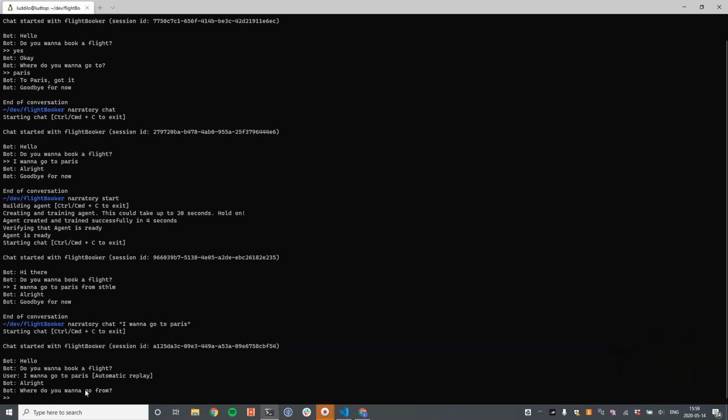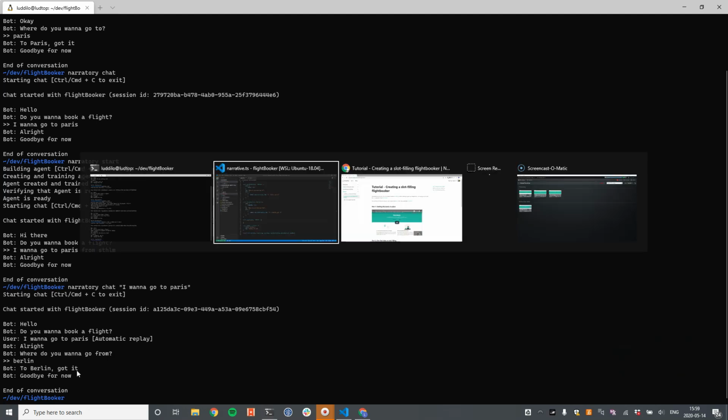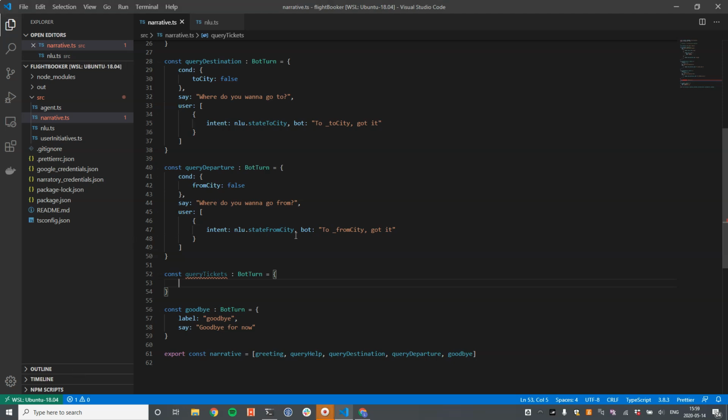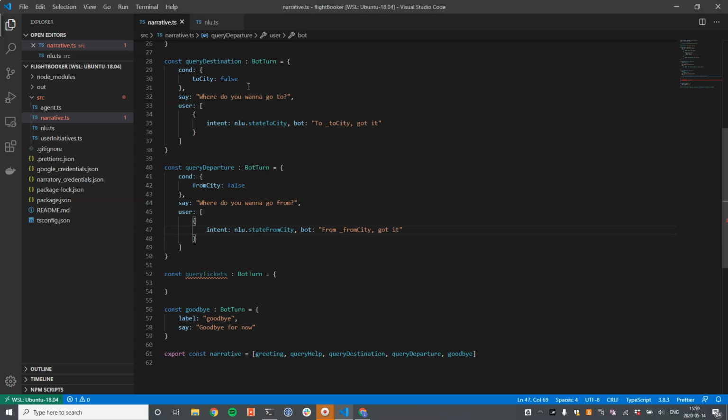And then it's going to ask this question, where do you want to go from? Berlin to Berlin. To Berlin, got it. Okay, interesting. So we must have made a mistake here. Yeah, we can see that here we actually need to use from as well. But it seems to work otherwise. We've already tested that it works up here, go to Paris, so we don't have to test that this logic